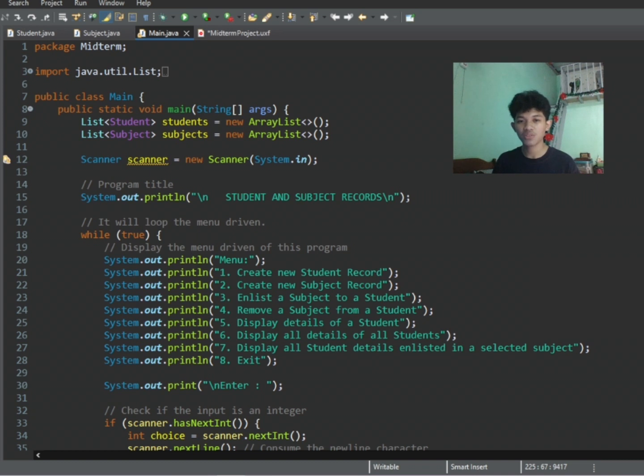Then let's proceed sa ating menu-driven interface. So dito yung program natin is magdi-display ng menu para sa ating user, allowing them to choose from various options, which is system.out.println menu, then system.out.println create new student record, create new subject record, enlist a subject to a student, remove a subject from a student, display details of a student, display all details of all students, and display all student details enlisted in a selected subject, and plus is yung exit,